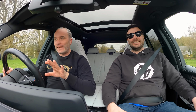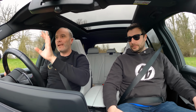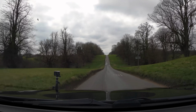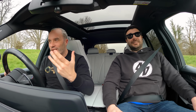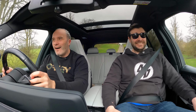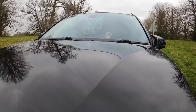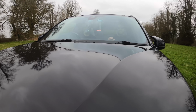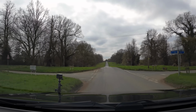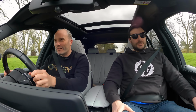Okay, so now I've put it into M2 and I've got manual, so I'm using the paddles. I've got a lovely M head-up display there, and I can instantly feel that the whole car's a little bit more taut and sort of ready to... Oh! Okay. Now that is what's missing about the new one, isn't it? Isn't it funny? Isn't it childish? But it's the lift-off overrun as well. You just sort of go for a little stab, and you pull your foot off, and then it's just...